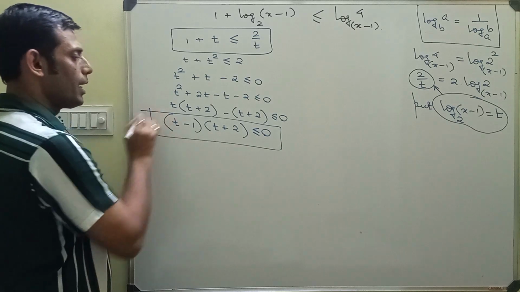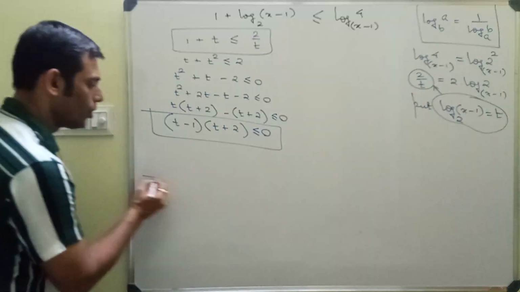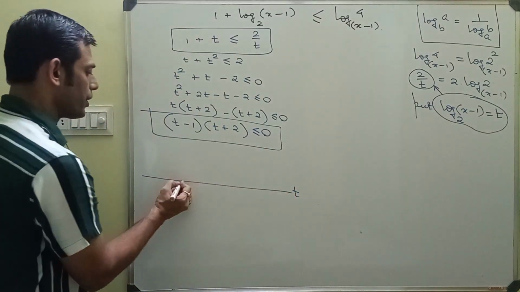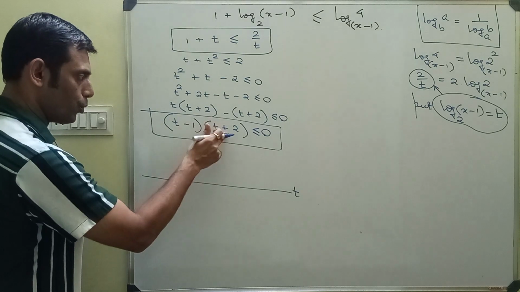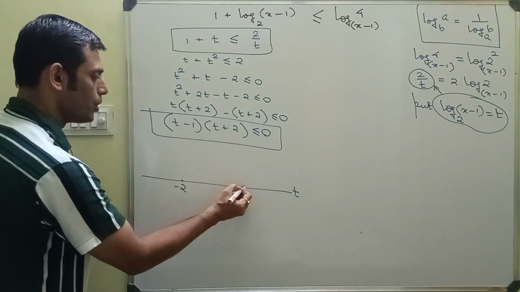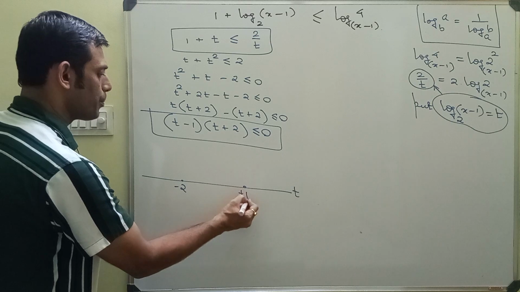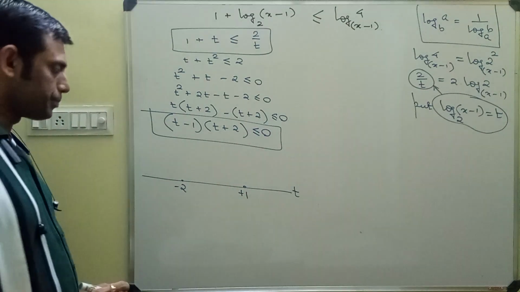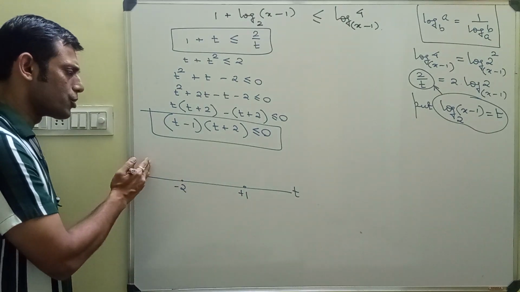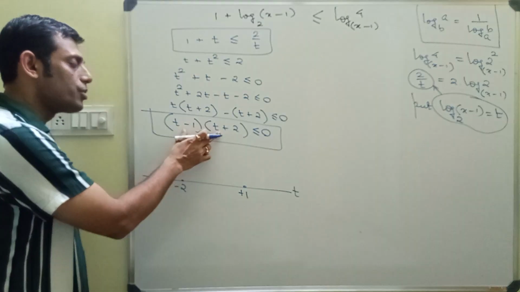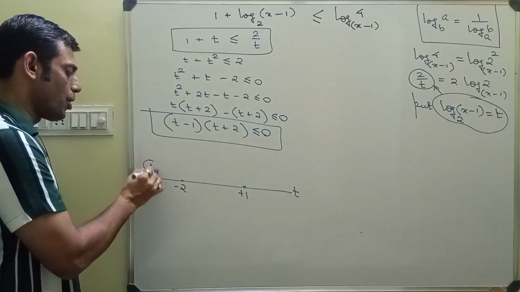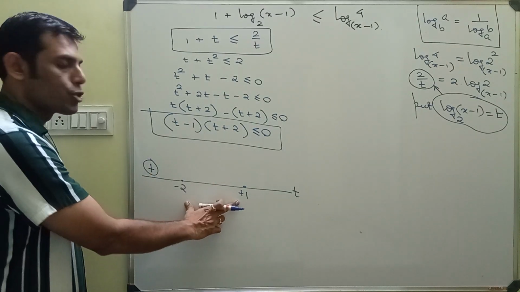This inequality has a solution. Just as I told you, on the number line of t, locate the root of this factor, that's minus 2, and the root of this factor as plus 1. And now dear, to the left of minus 2, both factors turn negative, product turns positive. Between minus 2 and plus 1,